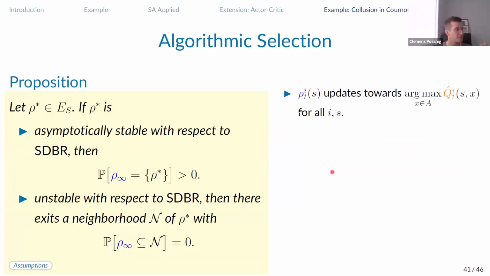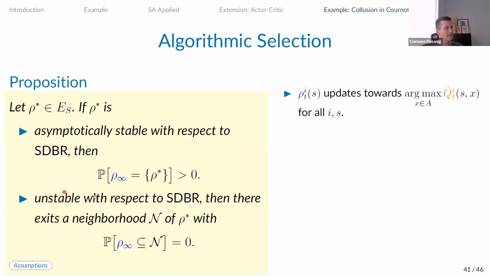And here's the result. We already looked at selection, so I jumped directly into the result. What I forgot to define, since I just grabbed these slides really quickly, is that E(s) is the set of Markov perfect Nash equilibria of the repeated game if policies conditional on the fixed state variable s are used. And the result is then, if this equilibrium is attracting under our ODE, the state-dependent best response dynamics, then the algorithms will learn it with positive probability. Rho infinity here is the limit set of our algorithms.